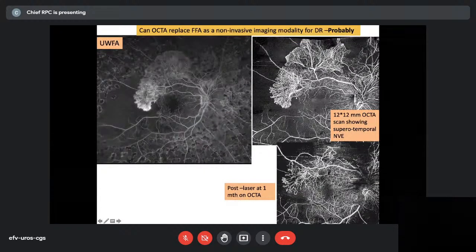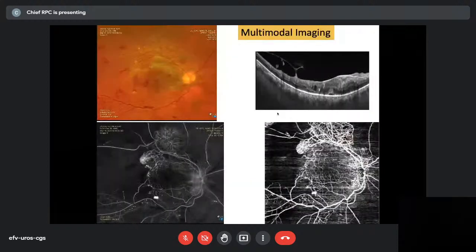Here it appears as if everything is non-perfusion, but that's actually not true. So you should get the AF quickly, and then from the AF you can do the OCT. You've got to move from machine to machine, and getting multiple images takes a little time. But if you're doing non-invasive imaging, it's a smooth flow.